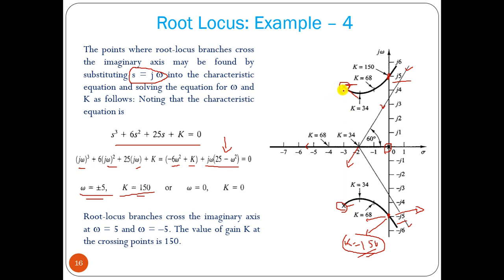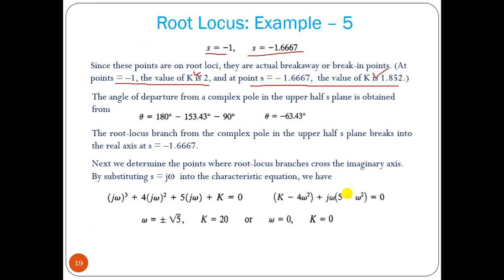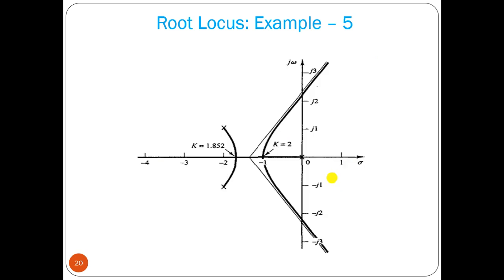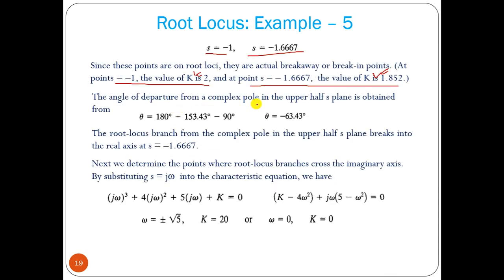Pole location. So here we don't have any breakaway point, so this pole departs and approaches infinity with respect to the asymptote. But in this problem we have valid breakaway points. Now we have to find the departure angle. Departure angle means again the same thing we have to do. So this departure angle you have to find out. You have to connect this pole and this pole to this pole. This angle is 90 degrees, this angle is 180 degrees minus,